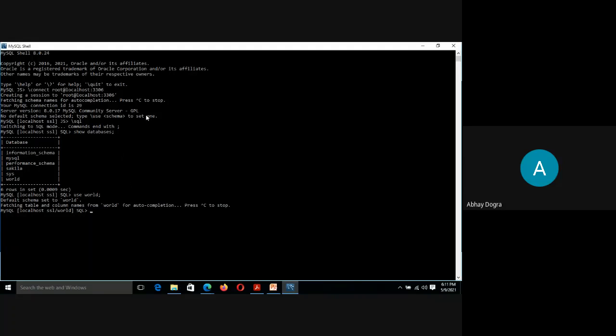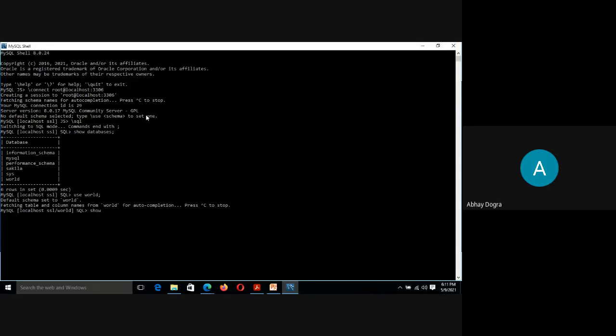Now we have the database, and I told you yesterday that it's a hierarchy: we have databases on the top, and then we have tables, and tables have rows and columns, and these rows and columns have data values. So now we know that we have these many databases in our MySQL server, and the next thing is we need to see what all tables are available under this database. So we'll check what all tables are available under the world database. Now our database world is active.